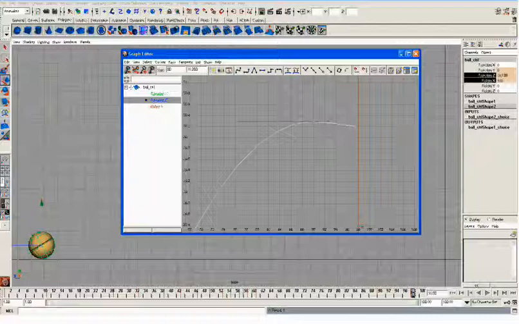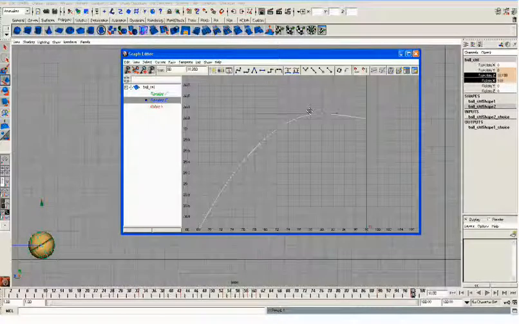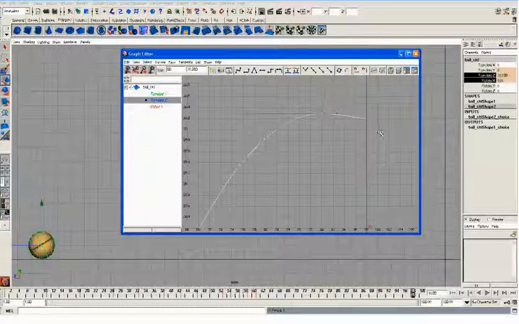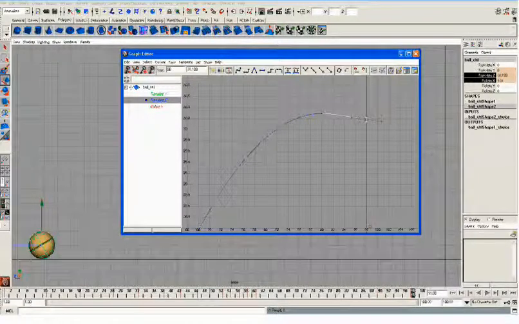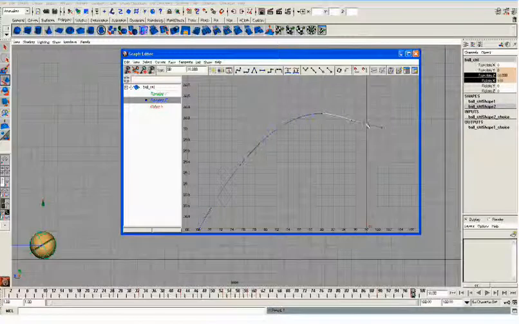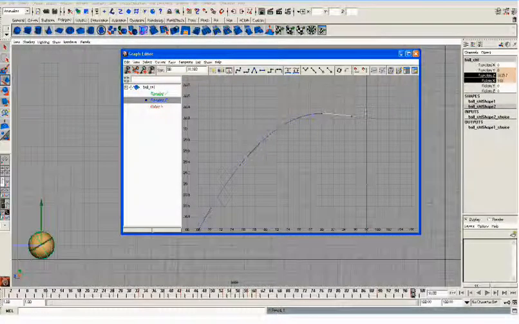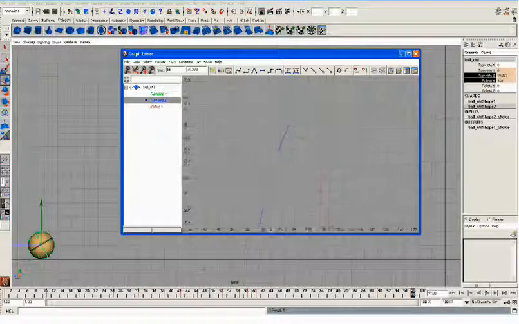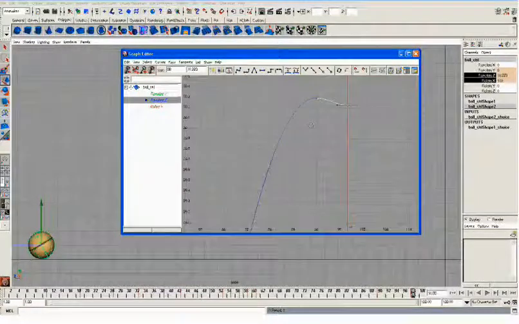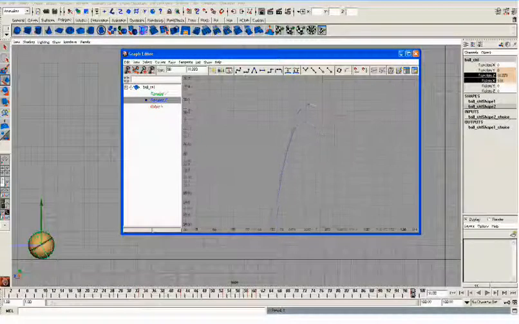I'll just check this out. A little lesser, not too much. Okay, and make it flat so it stops slowly.